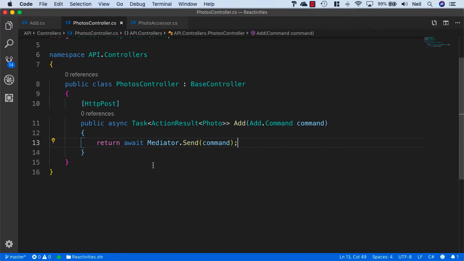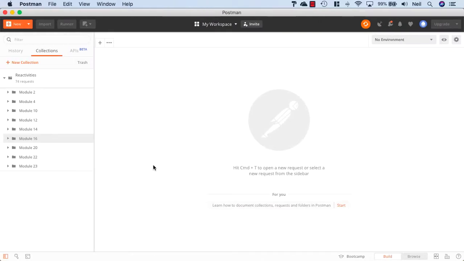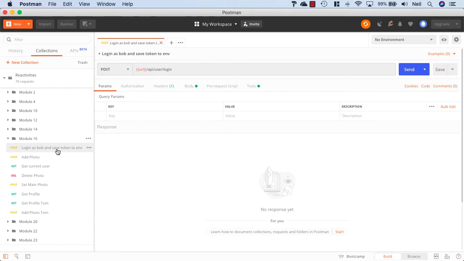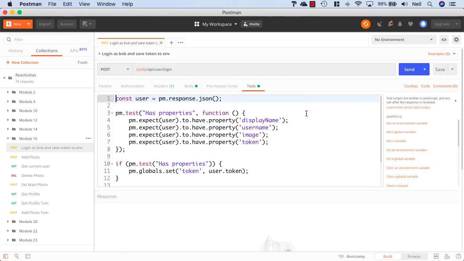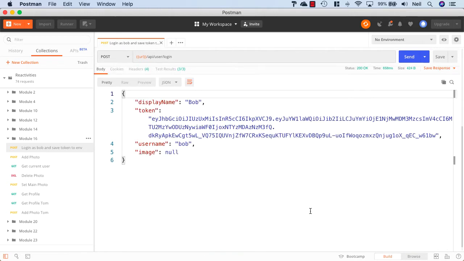So now we can go ahead and test this, and I'm expecting to see problems that we can correct as we go along, but I'll show you what I mean. Inside module 16 we have a bunch of requests to do with our photos and our profiles, and the first one is just to log in and save the token for Bob, and nothing different going on here. We're just simply logging in as Bob, and we're going to set the token to the user.token response. So I'll just send this particular request, and we get a fresh token for Bob,